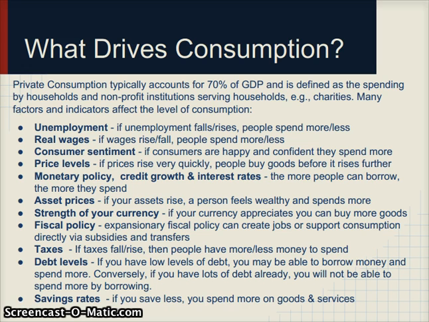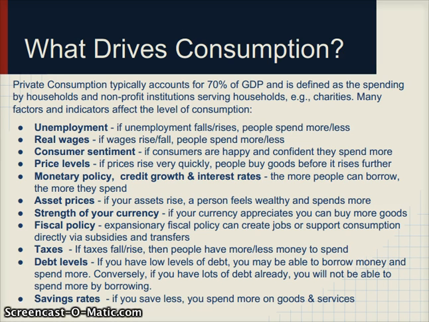So if they have less interest to pay, that means they may want to take on that loan. And let's say I wanted to buy a car, and my interest payments were $500, and I knew I couldn't afford that. But now interest rates have been cut. The interest payments per month are only $200. I'll be like, okay, well now I can afford that, and I'm going to buy it. So you see how cutting interest rates and increasing credit can already increase your desire or decisions to consume.